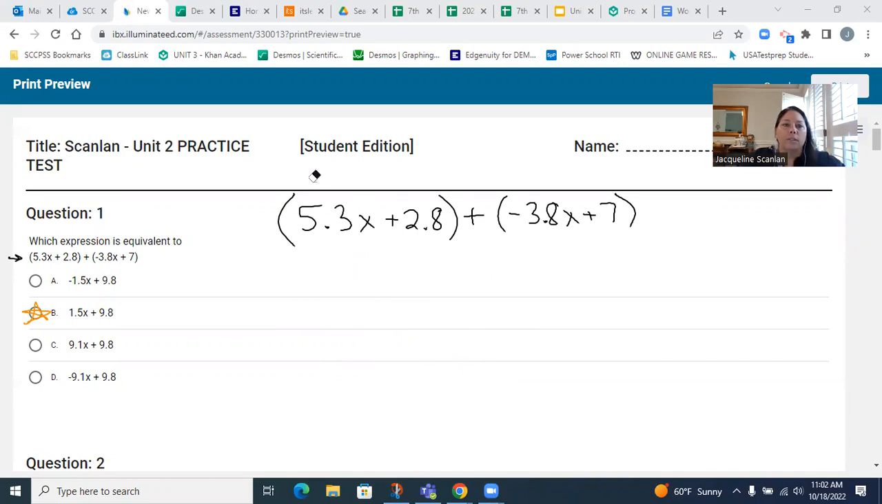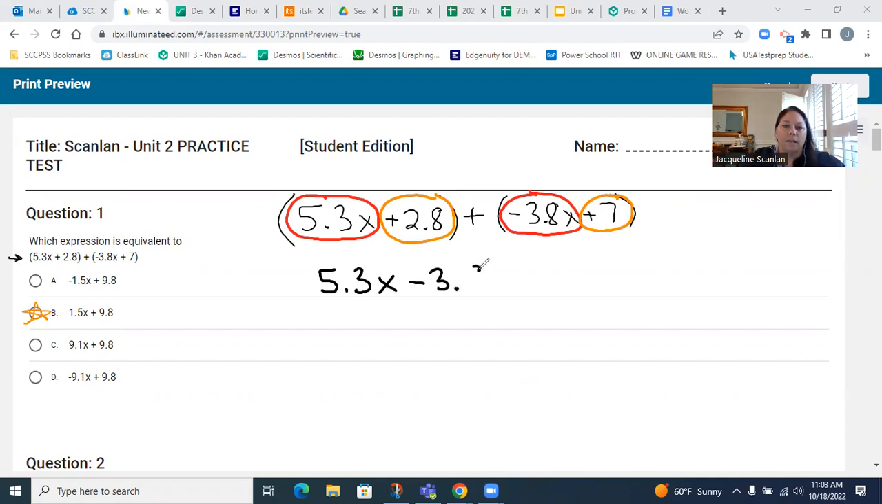All right, so I would say that the 5.3x and the negative 3.8x go together. And then I would say that 2.8 and positive 7 go together. And you always want to take the sign in front of the number. All right, so now I'm going to focus on the things that I've circled in red. So I'm going to combine 5.3x